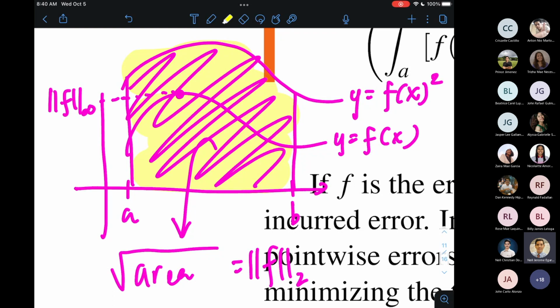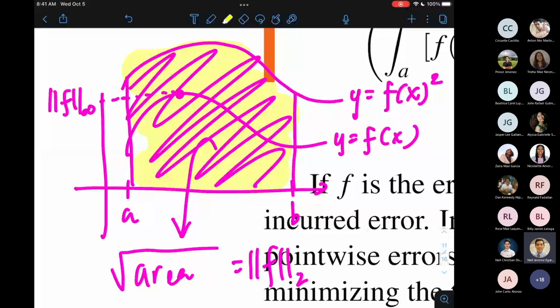Dito sa L2 norm, sinasum up natin yung mga function value ni f squared. Right? Laging yung sinasum up natin ay naka-quotation marks kasi it's an integral, right? Because there are infinitely many points on the interval AB. So, integration talaga yung ginagamit, hindi summation, right? So if you will